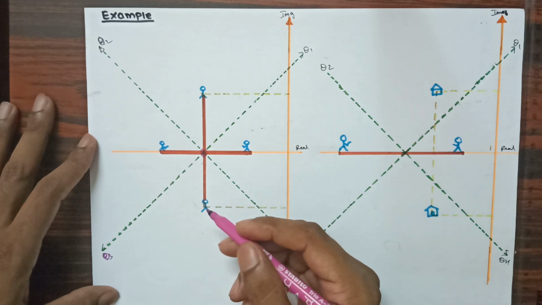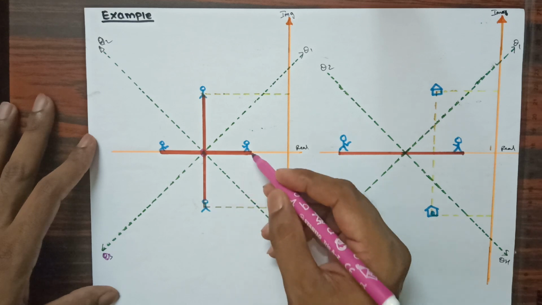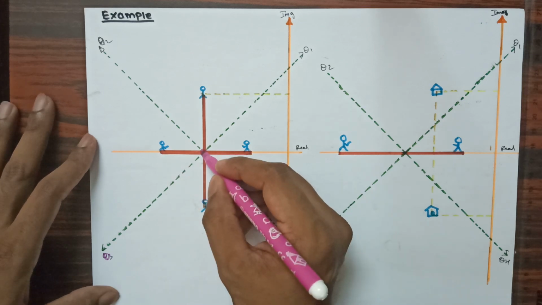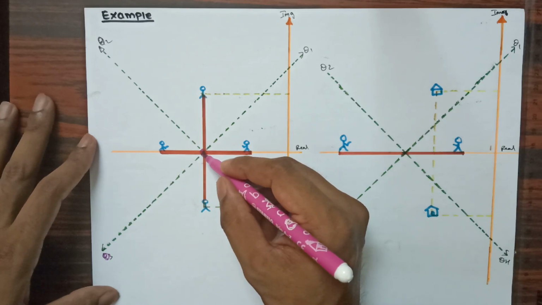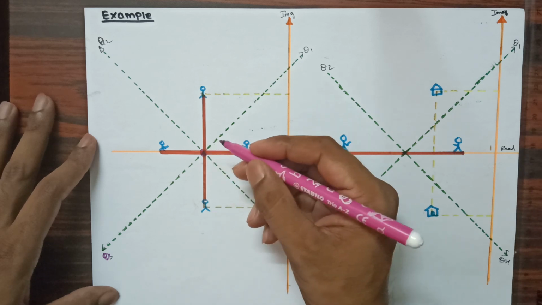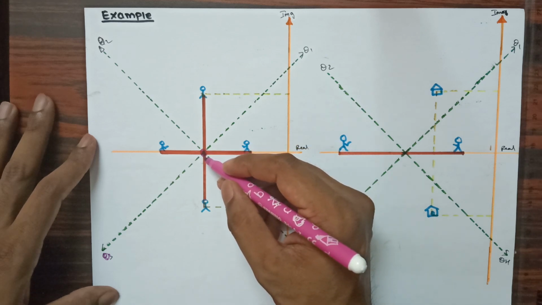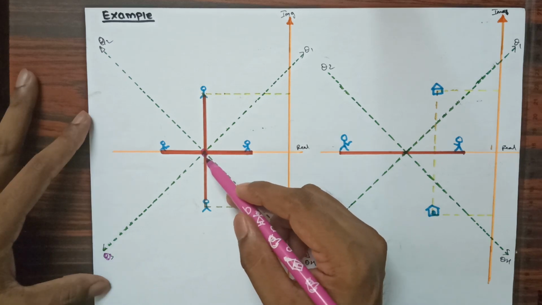Now in this you can see again I have considered 2 persons on the y axis and 2 persons on the x axis. In this I have provided only one breakaway point, and in this example the breakaway point and centroid I have considered at the same point. Even in the root locus method, when we are solving the problem, you may get a breakaway point and centroid with the same value. In this example I have shown them at the same point.